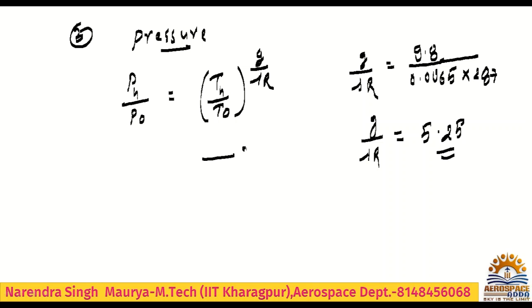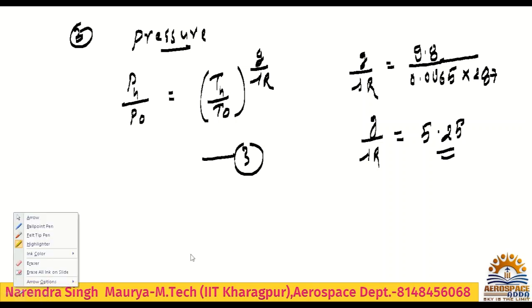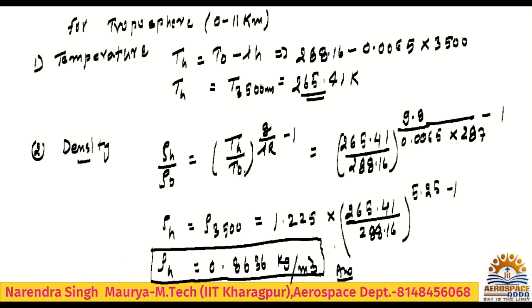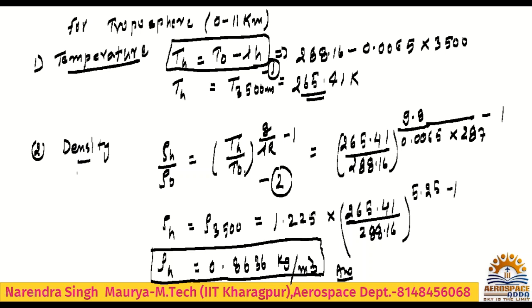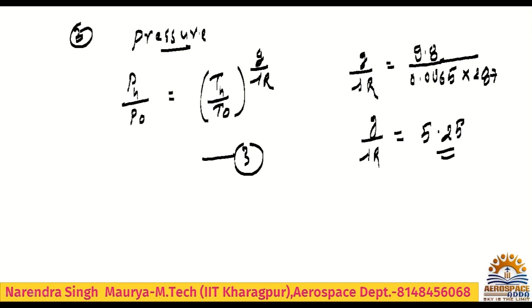So all three formulas are very important. Okay, even here you have calculated your answer. This was the second formula and this was the third formula. Okay, temperature, I must say, temperature calculation in troposphere, density calculation in troposphere, and pressure calculation in troposphere. That formula you must know. Okay, this is the derived formula. I mean, you can derive it also, but here it is not required. But just remember the formula, all three formulas. If you remember, any problem from atmosphere comes, then definitely you will be able to solve.